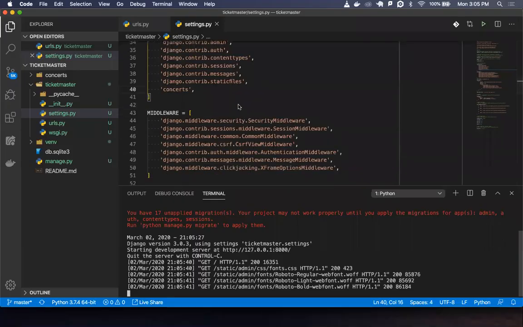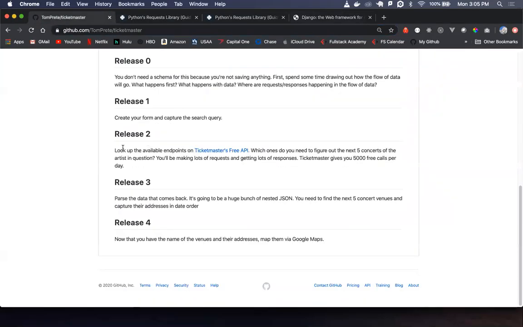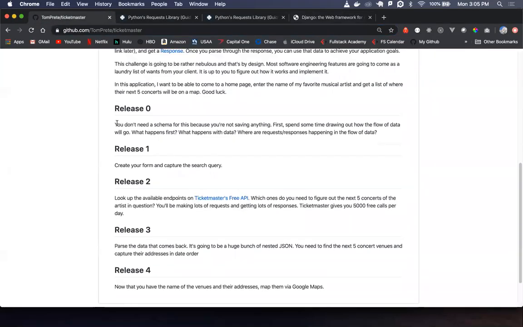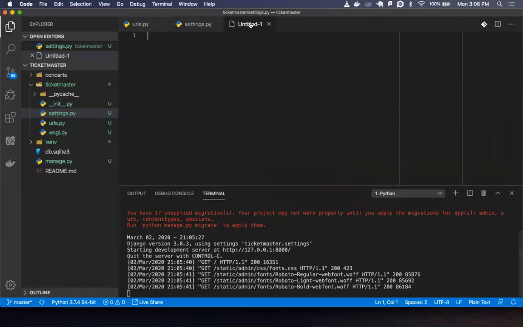So let's create our first. Let's look at... so create a schema for this. We're not creating a schema first. Spend some time drawing out how the flow of data will go. What happens first? What happens second? So I'm just going to write out